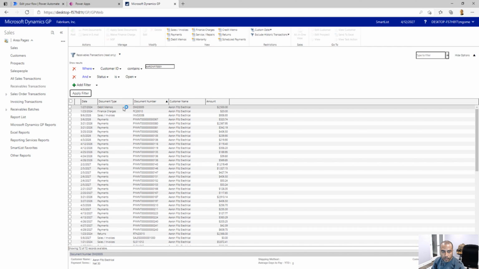So we've been asked to create a Power Apps application that's going to allow us to enter a customer ID and just retrieve the open transactions for this particular customer. Now, the way we've been asked to do that is to use a flow created with Power Automate that will receive that customer ID value from Power Apps and retrieve that information from our database